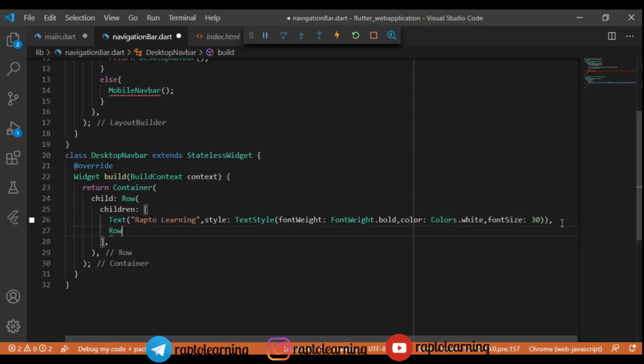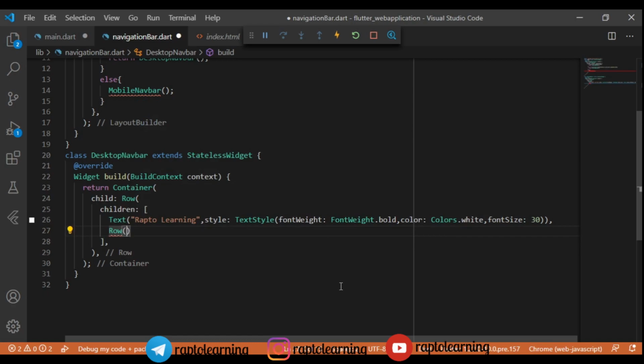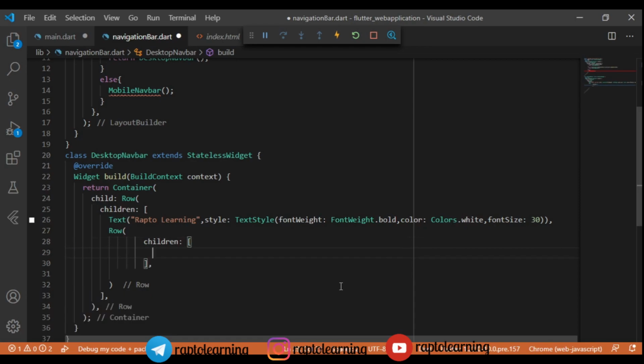We have to add some home page and all those stuff to our row, right? So we'll implement another row that will provide us the same things, right? So let's go through that. So we'll add another row, and it will provide us with children only, because we are going to specify one button and three elements, three text elements, or four maybe. So let's see what happens. So let's implement a children, so we can add multiple widgets to a row.